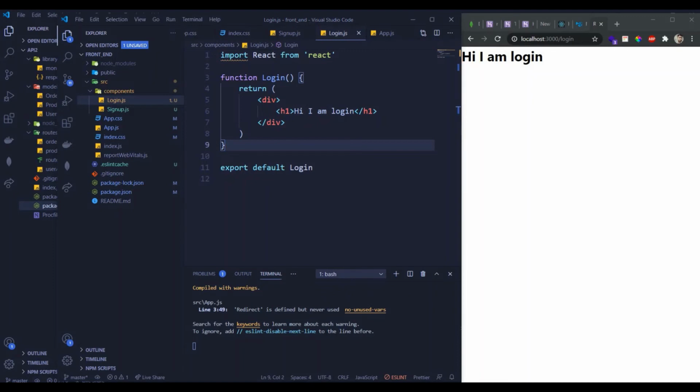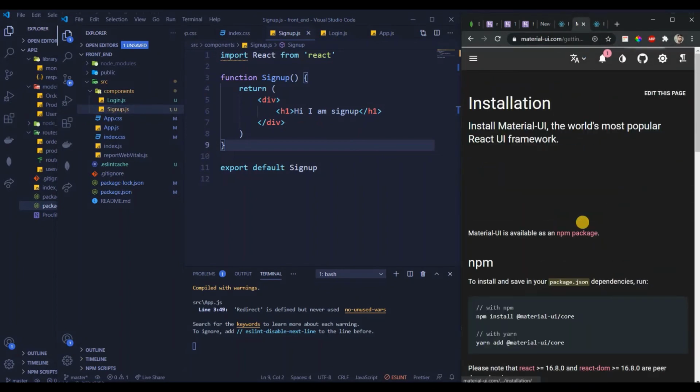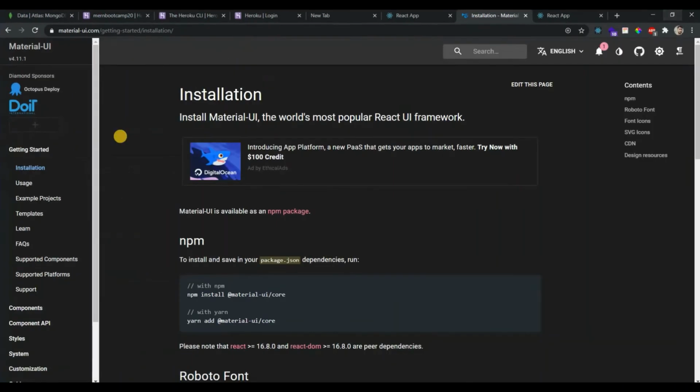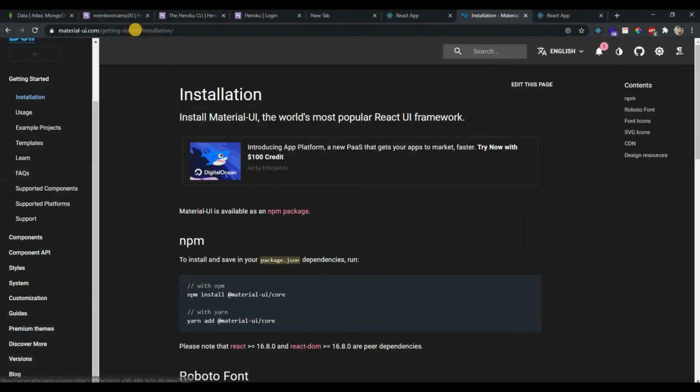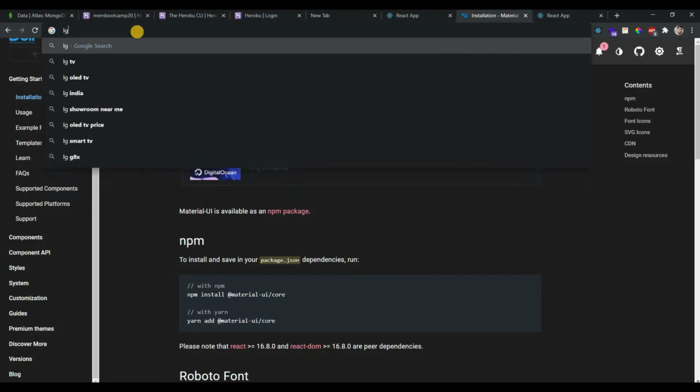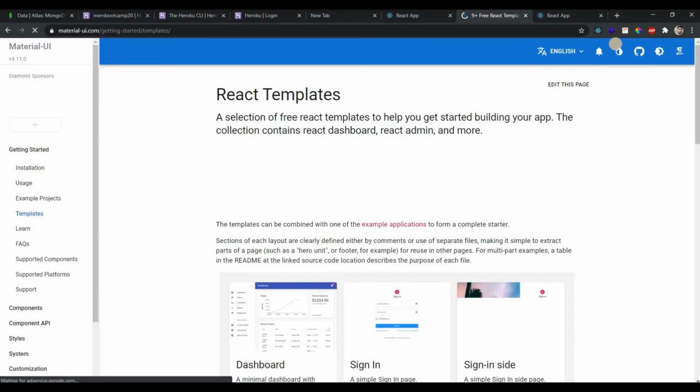Now we'll start using our React app, okay, and we'll start creating signup and login. So there are certain templates that are available, guys. So if you go to here and let's just do full screen of this and let's write login template React material UI. So we'll be using that template itself, okay.